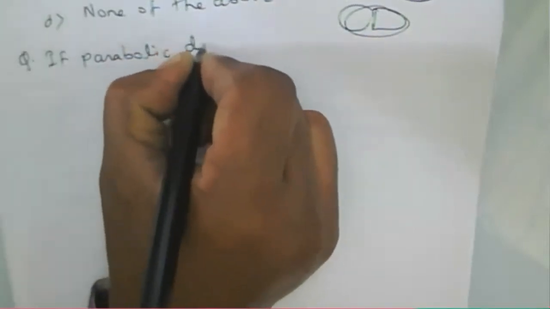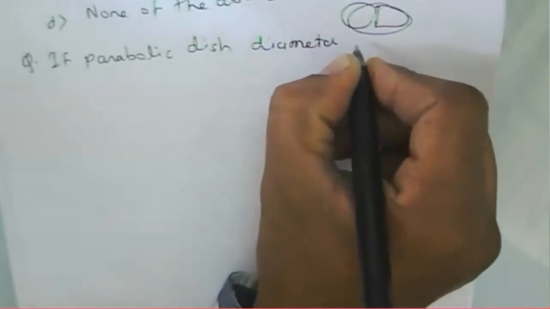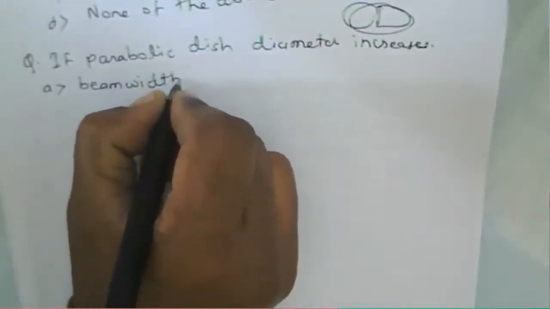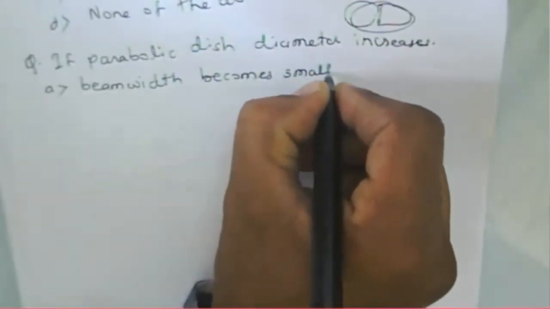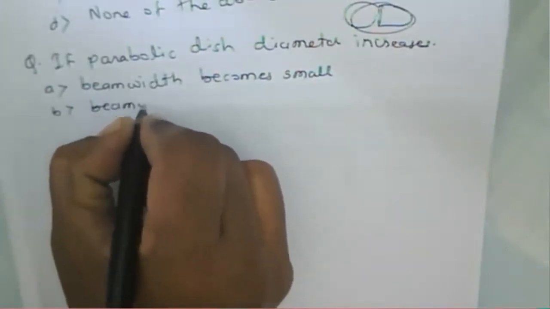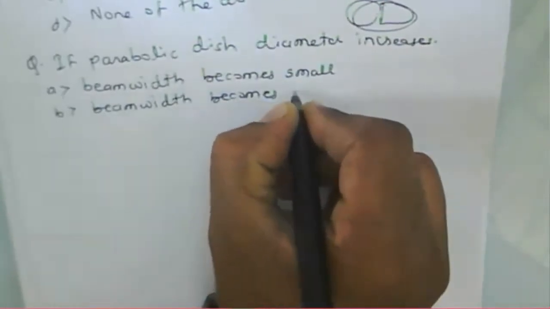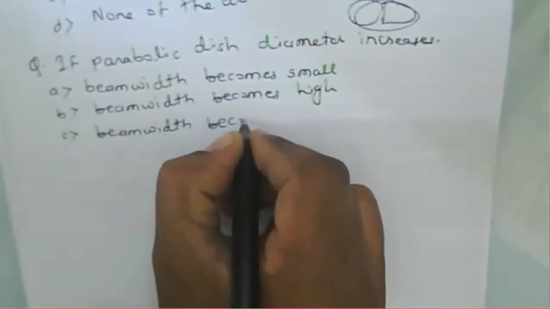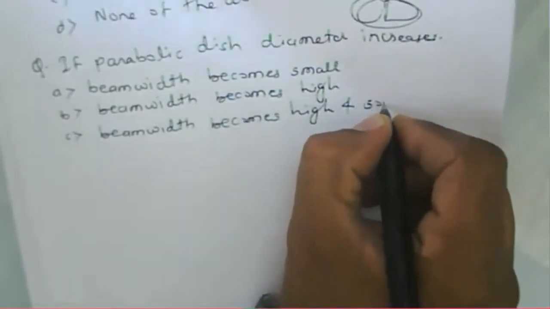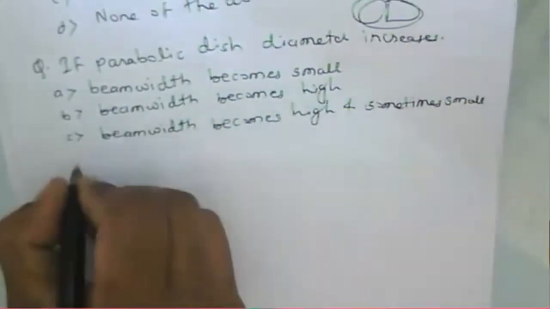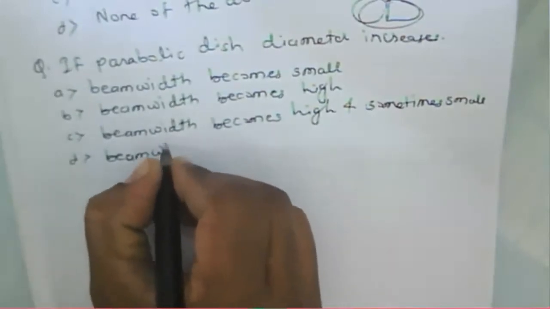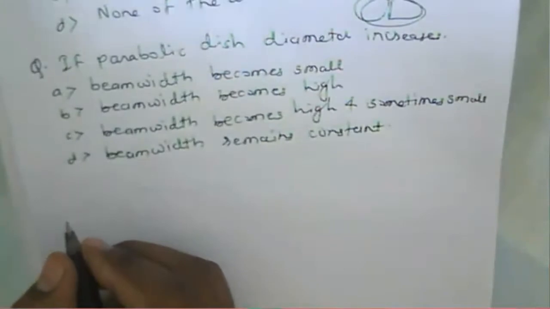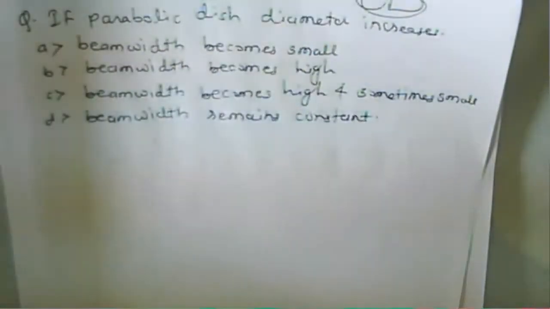If the parabolic dish diameter increases, the beam width: A, becomes small; B, becomes high; C, sometimes high and sometimes small; D, remains constant. What is the answer for this? If there is a parabolic dish antenna,